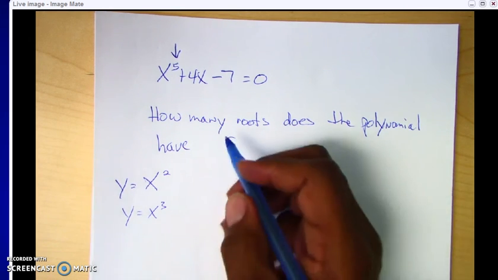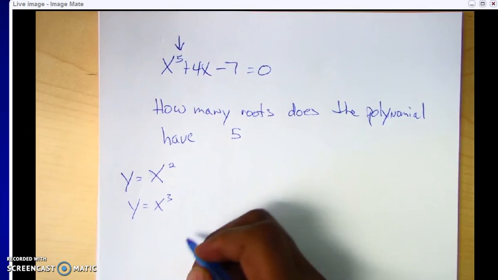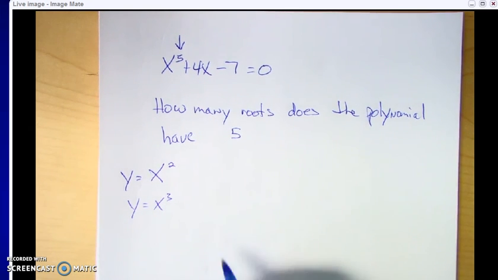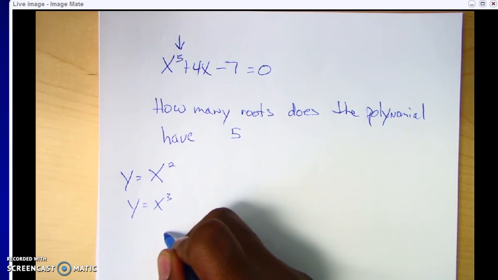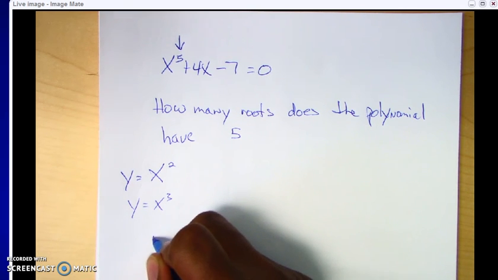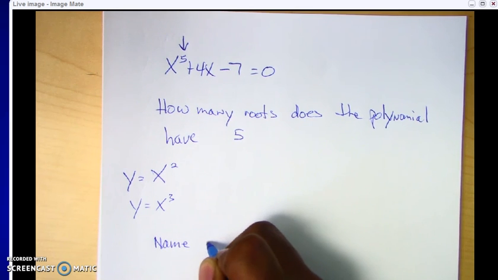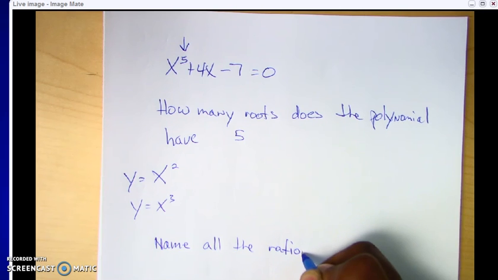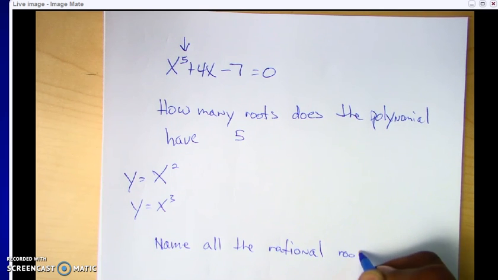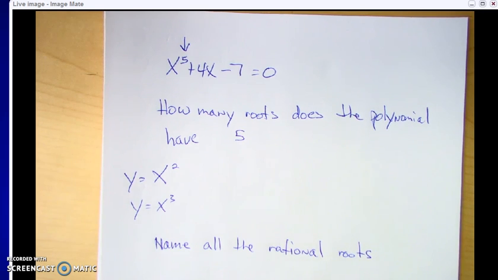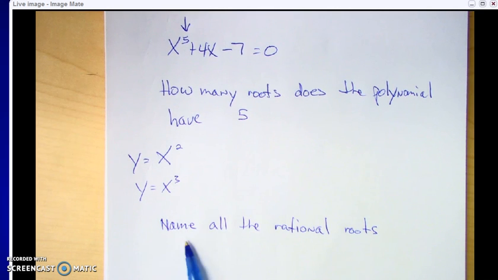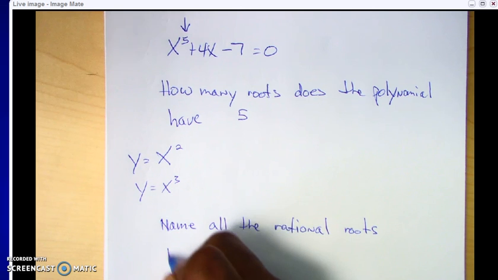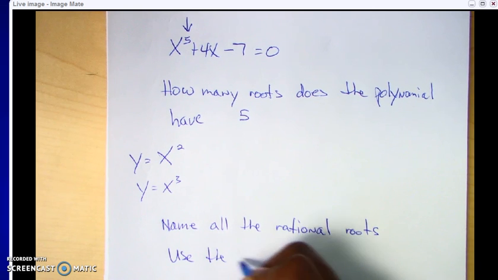Now that's a different question than this. So pay close attention. That's your number of roots. This thing has 5 roots. If the question is name all the rational roots, that's a different question. Okay, they sound almost alike, but it's different. This is asking how many roots. This is say name all the rational roots, or they could say use the rational